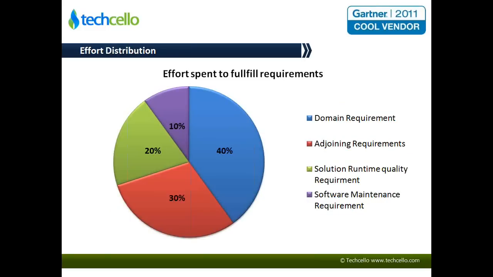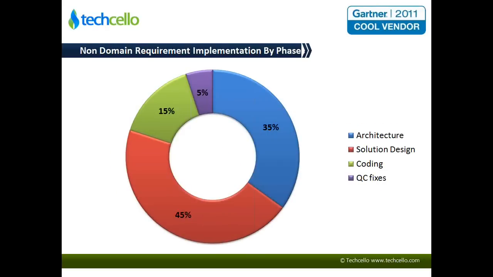So what is the typical effort spent on fulfilling the requirements? Whatever we saw, the 4 areas, 40% typically is spent on domain, whereas the remaining 60% is spent on the supporting area. This need not be true for all projects. We have just taken some of the projects that we have experienced in the past and got data, because many times, particularly when you deal with product-related functionalities, the product itself may have a certain feature, but then you need the supporting features to be much more flexible to be able to operate it.